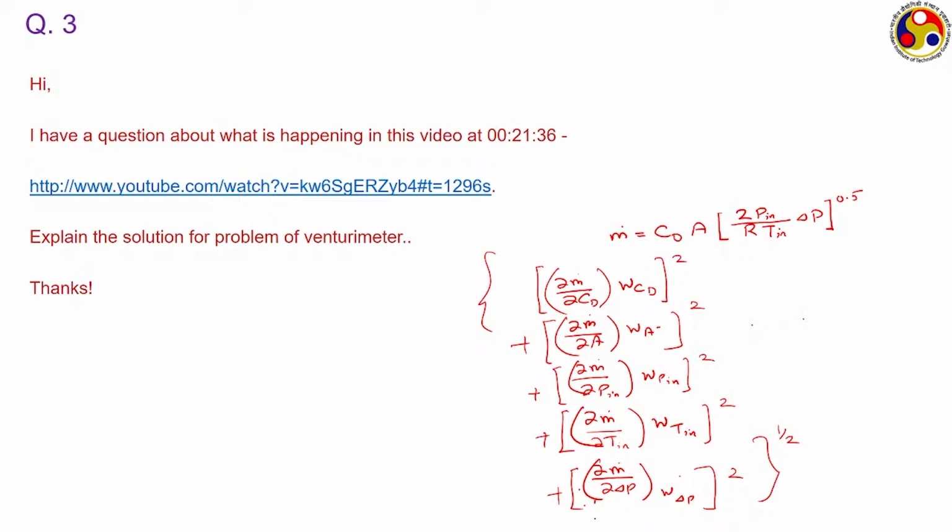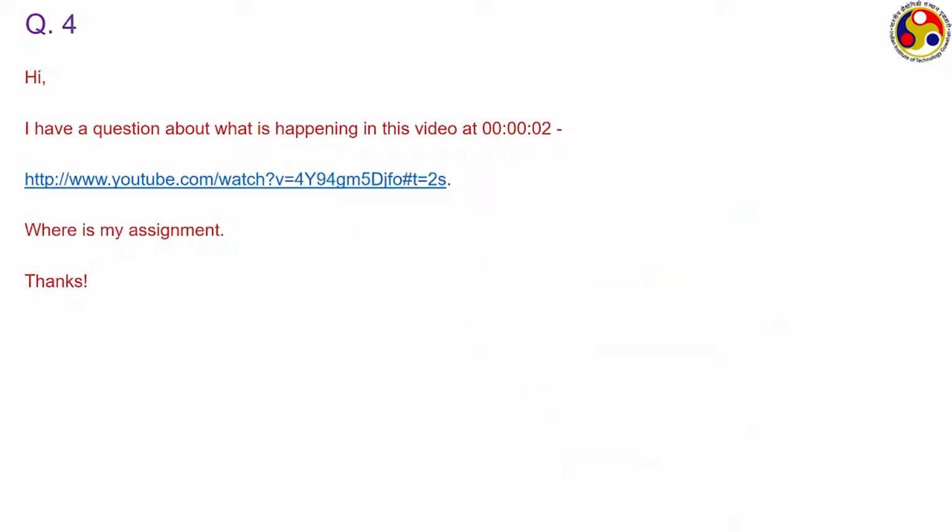Similarly, temperature is given in Celsius, 20 degree Celsius plus minus 1 degree Celsius, and this T in this particular relation is absolute temperature. So you must convert it to absolute temperature, that is, it will be 293 Kelvin plus minus 1 Kelvin, and then you can find the uncertainty of this particular measurement. The fourth one, I am not sure exactly what is being asked because the assignments are already there. If you have any more specific query, you can please write to me.